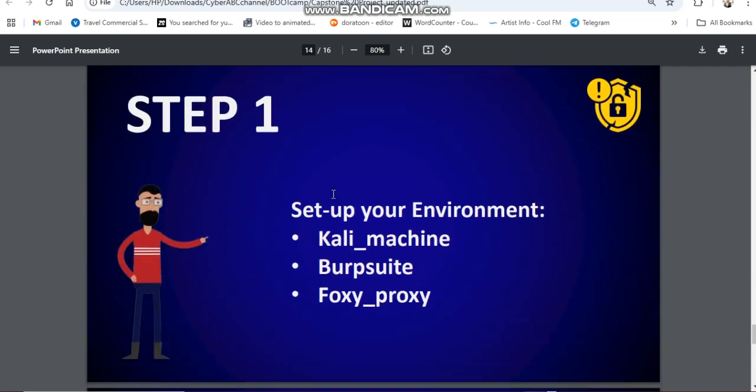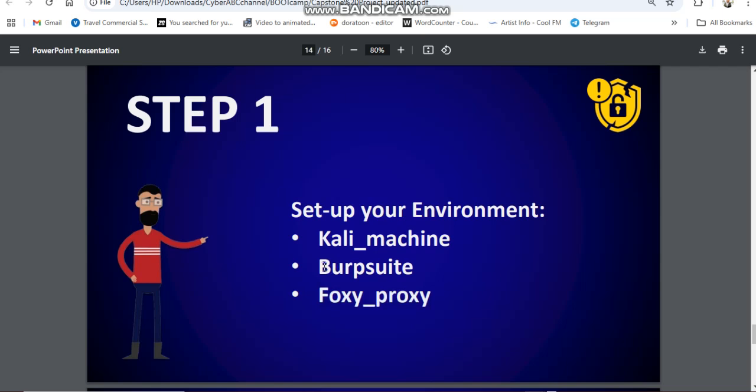Step one, we will already have set up our environments. If you've not done that till now, please ensure you do. You get your Kali machine, then we'll be using Burp Suite, and we'll be using FoxyProxy.